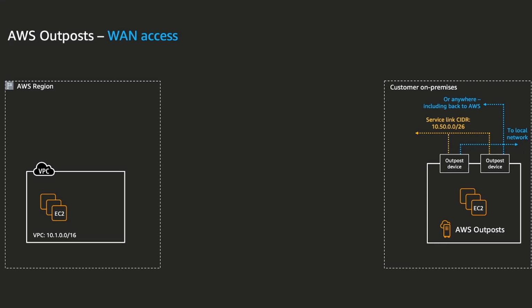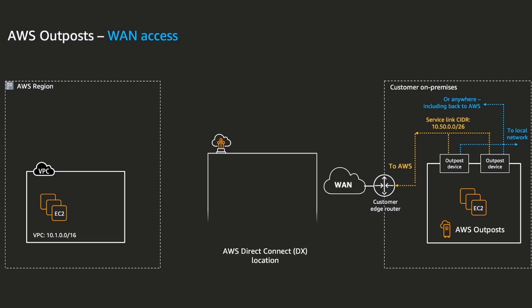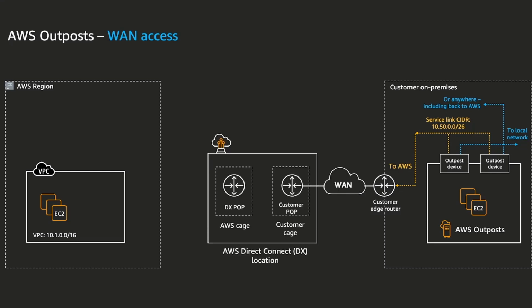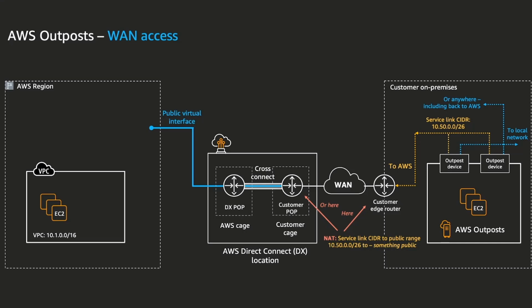And that subnet or that VLAN for the service link needs connectivity back to AWS. So here we've got a custom edge router, we've got a WAN connection, we've got a Direct Connect. And in this case, where we want public access back to the AWS region, we're using a cross connect with a Direct Connect, and we're using a public virtual interface for Direct Connect. And whenever we use a public virtual interface, we do need to use network address translation to public IPs, or you could have this service link range as a public range, but it's probably burning a few more IPs than necessary because we need a /26 here, or you could do port address translation here on a single address,